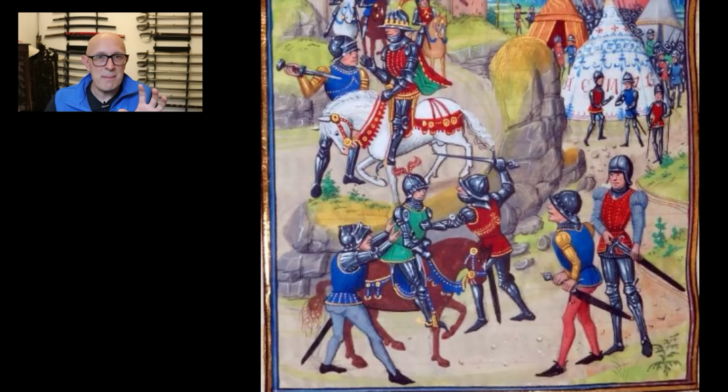So they're both semi-armoured, but they're armoured in different ways. This makes it quite difficult to switch from opponent to opponent. You've just fought one person, you turn around and fight another person, you hit them in the arm, that person's got armour on their arms. So different opponents. And then if we look at the person more or less in the middle with yellow sleeves,